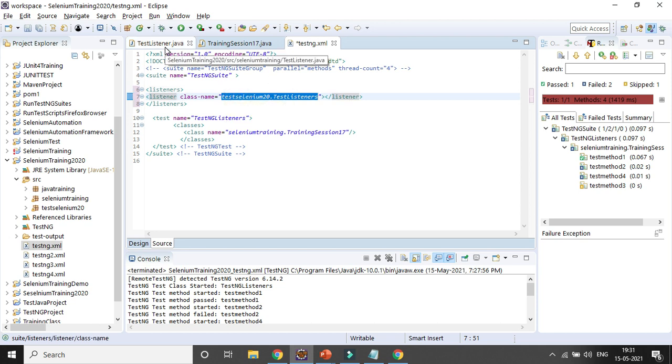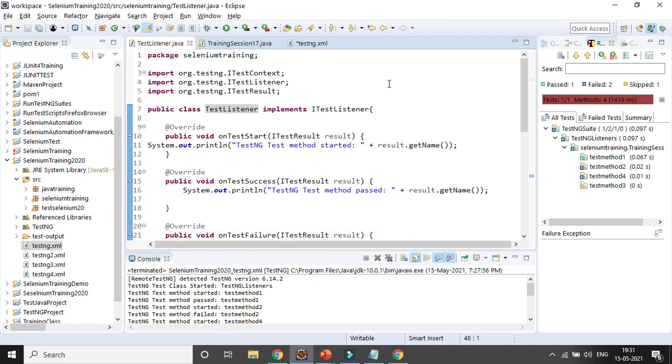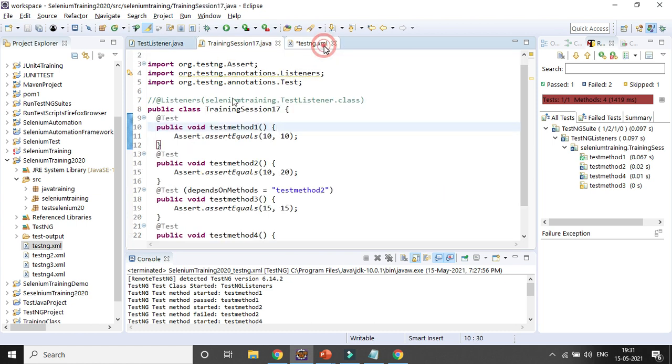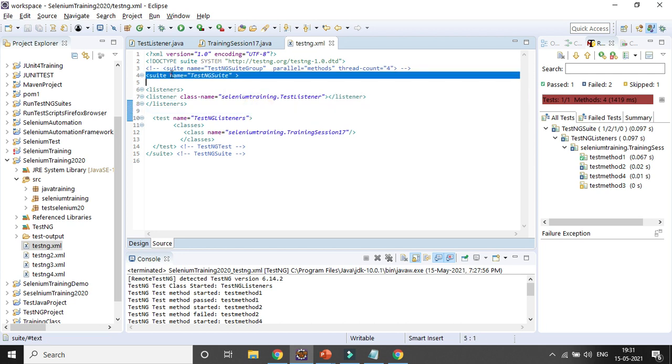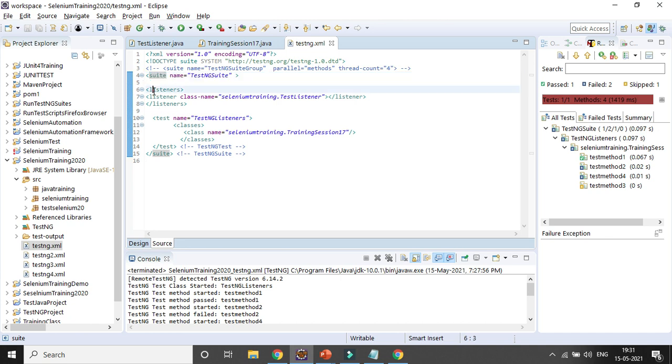So TestListener is the class name, and the package name I have to give correctly. This is the package name, selenium.training. So I'll be giving it here. So this is the simple tag you need to add in the testng.xml file after the suite name, before the test name: the listeners tag, and also the listeners closing tag, and listener.